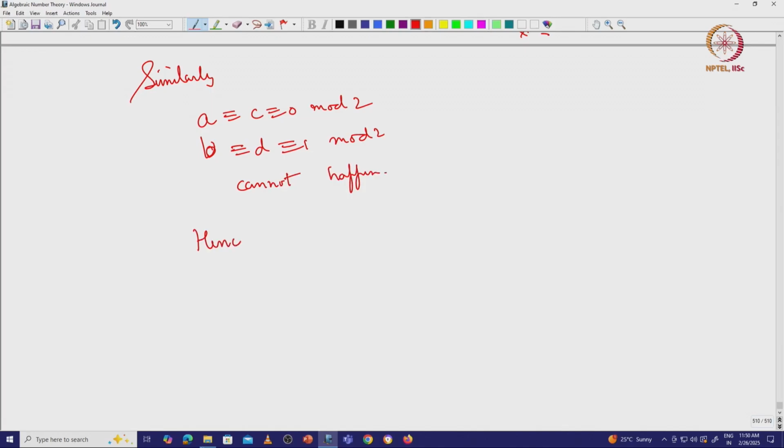Hence, the only thing that can happen is a is congruent to b mod 2 and c is congruent to d mod 2, right. So hence, 1 plus square root of m by 2, square root of n,